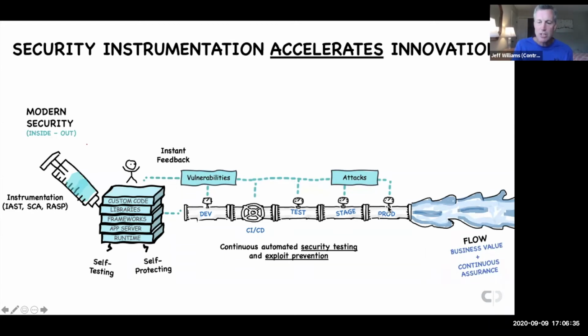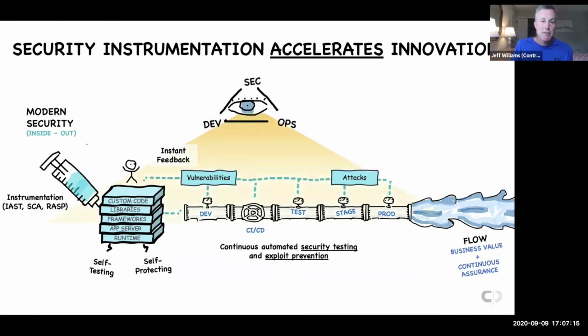And we've got a number of customers that have said, if you're clean in Contrast, so you've identified your vulnerabilities, you've got your libraries straightened out, so you're not using libraries with known vulnerabilities, and you've got RASP in place, so you're protecting in production, then you're cleared to go into production at whatever velocity you want to go, because you can automate so much of the process here. That's a real carrot for development teams to adopt this technology and push applications into production faster. And so ultimately that's a way of doing security that's compatible with modern software development.